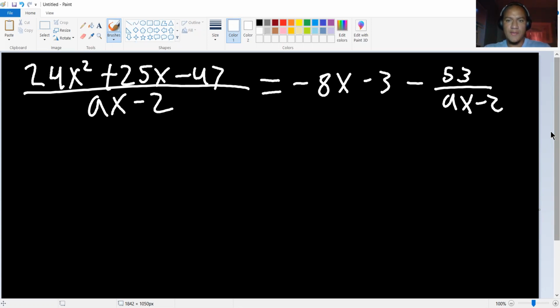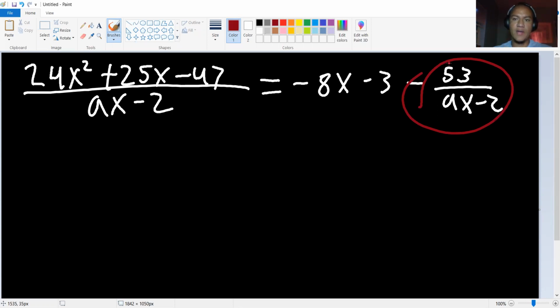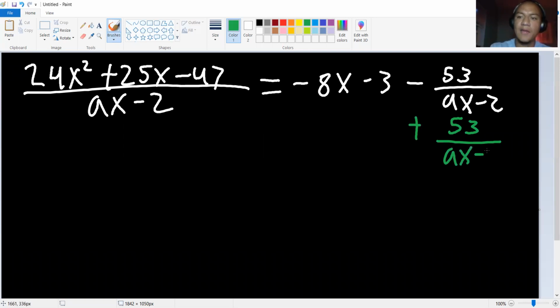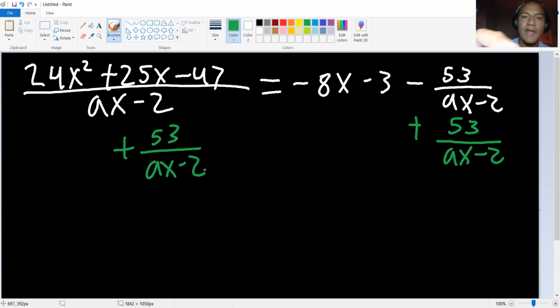So what you have to do is, first of all, notice that there is a term with the same denominator as the right-hand side. So you can add that, and I'll write it in green, to both sides. So I'm adding 53 over 8x minus 2 to both sides. And we proceed to go ahead downwards to get